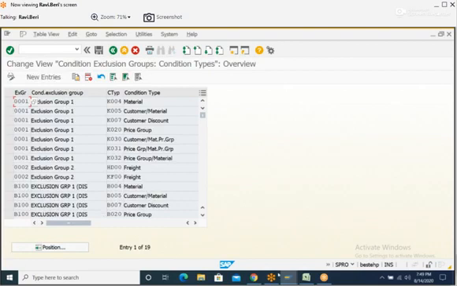Before this, let us delete that. Make a note. Delete B005 and B020 condition types from the B100 group. So I'll delete that. Delete like this. 5 and 20 as per our scenario.